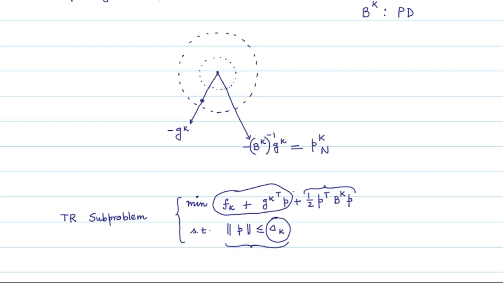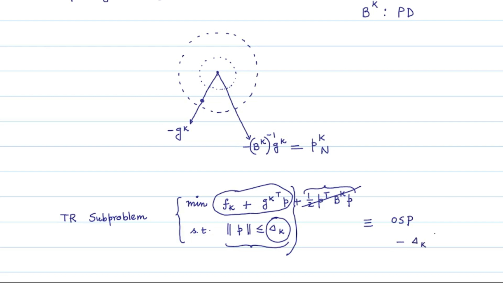And we notice that the solution of this minimization problem, discarding this term, is given by employing the usual Cauchy-Schwarz inequality. We will get the optimum solution point as the point minus delta_k